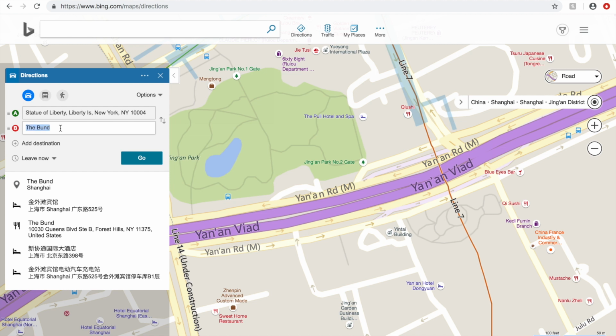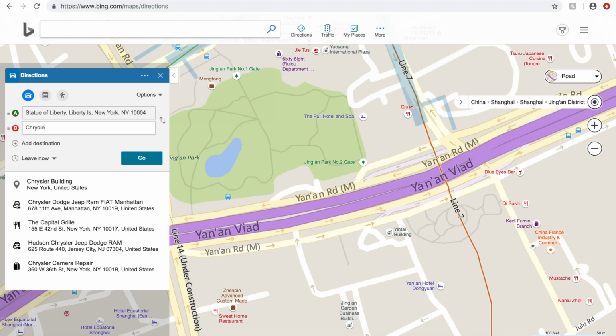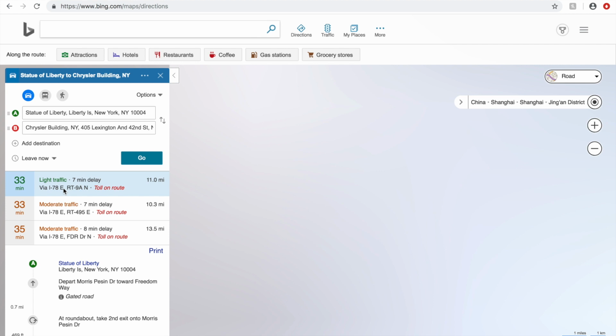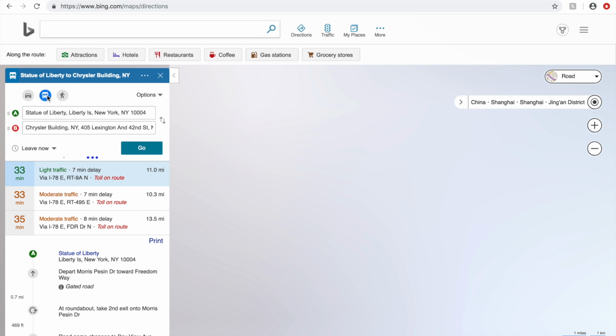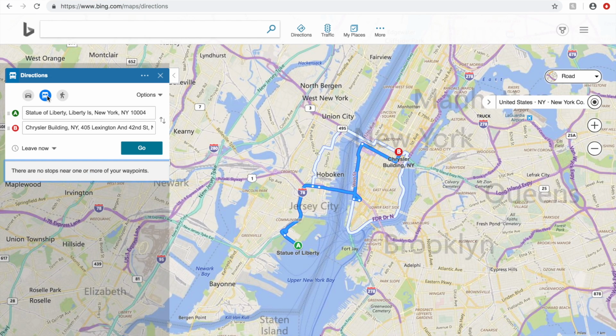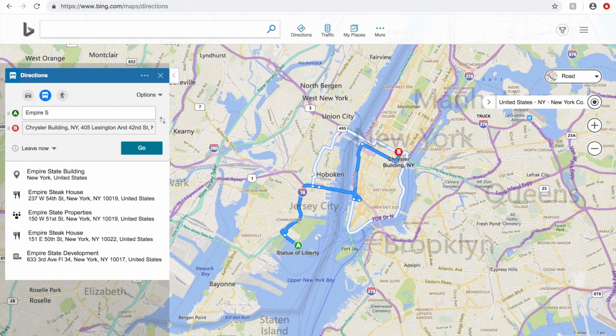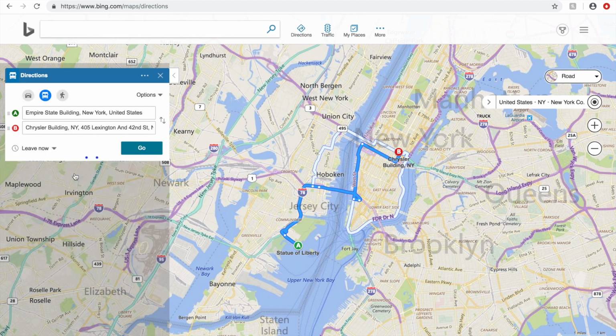Let's go from the Statue of Liberty to the Chrysler Building in New York. Okay. And this time let's say we're going by transit. Oh, maybe not by transit. There are no stops near one or more of your way. Well, the Statue of Liberty is on an island. Let's change it to the Empire State Building. Okay. All right. Now we've got two famous buildings,